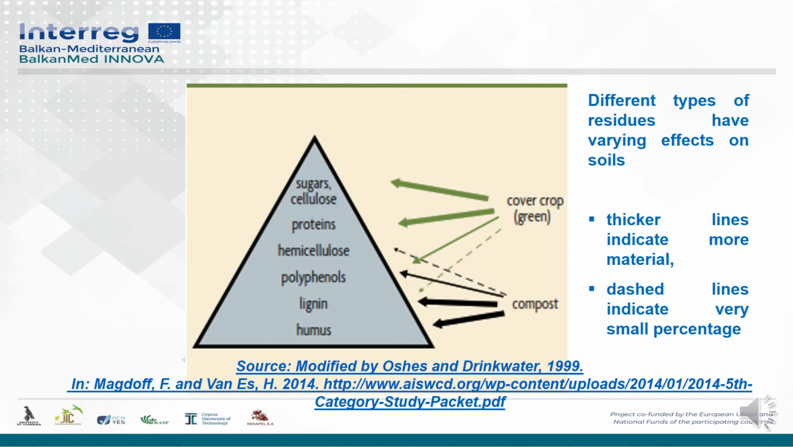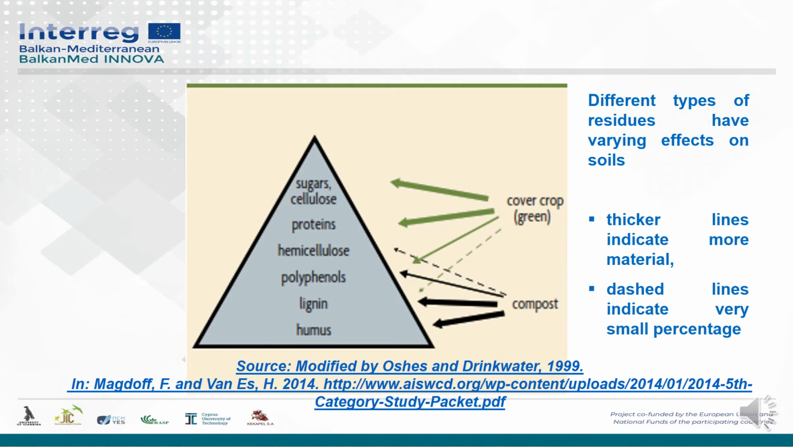The thicker lines, green and black, indicate more material, and the dashed lines indicate a very small percentage of these substances that are added in the soil through use of cover crop or compost. So speaking still about this, for example, we understand that when we use cover crop, we add in the soil sugars and cellulose more,